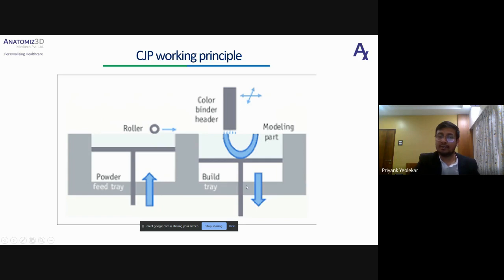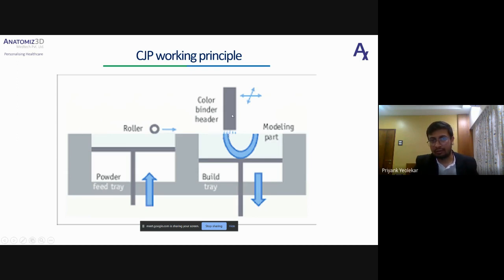The other assembly of the printer is very similar to your SLS or DMLS technology, wherein there will be a fabrication area which is filled with the material with which you can print. On the other side there is a feeder area, wherein after every layer the piston will move upwards, and a roller will spread a very thin layer of material on the fabrication area, and the process continues.